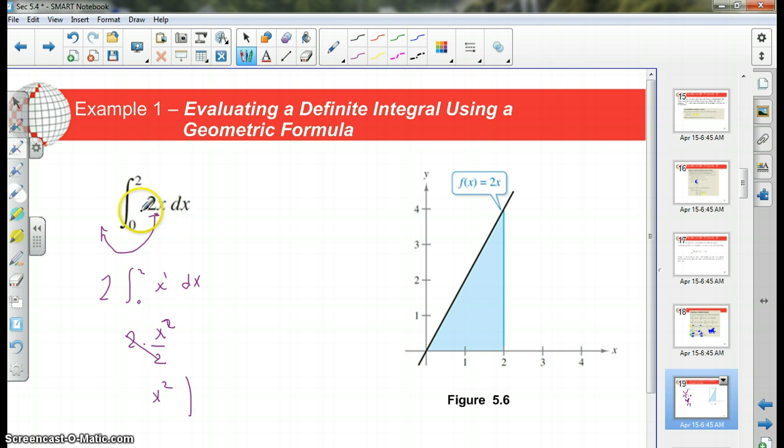And I'm going to evaluate that from who? Well, it said evaluate it from 0 to 2. Let's do my f of b minus f of a. If I plug in the b term first, my f of b term is no longer x. I know what x is. X is 2. So let's go 2 squared minus my f of a term. And this time, the a term is 0 squared. And sure enough, I get the exact same answer, 4,